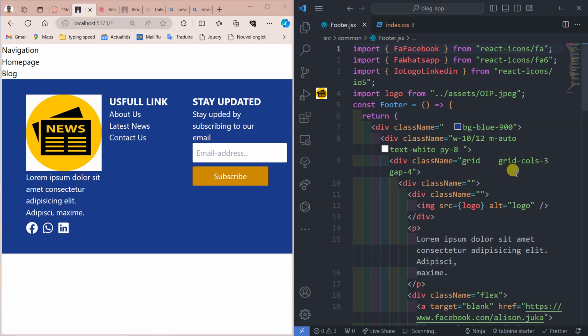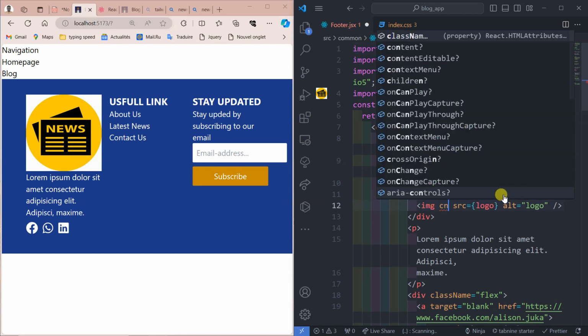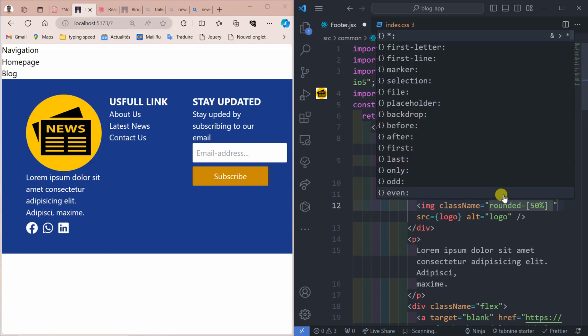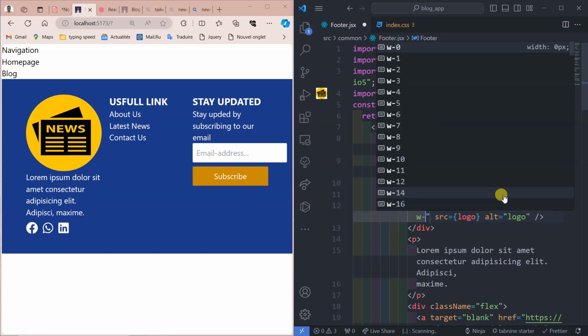So to reduce the size of it, I will come back here to my logo. Maybe I can give a cn here, which is the class name. First of all I want to round this one, rounded dash, I want to make it 50%. I close this back, it removes that white background. I have to reduce the size of it. Maybe the width,